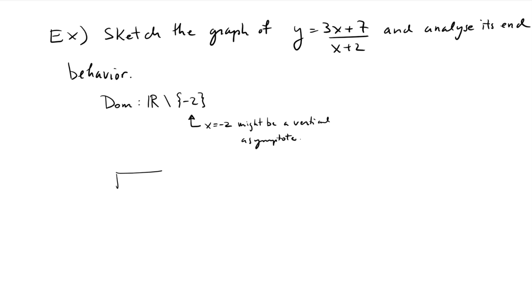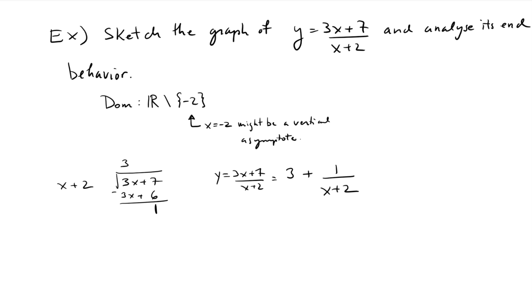I'm going to divide 3x plus 7 by x plus 2. How can I fit x into 3x? I need to multiply it by 3 to fit it in. So that's 3x plus 6 after multiplying x plus 2 by 3. I subtract. 7 minus 6 is 1, and it stops here because the degree of 1 is less than x plus 2. So this means that y equals (3x plus 7) over (x plus 2) is 3 plus